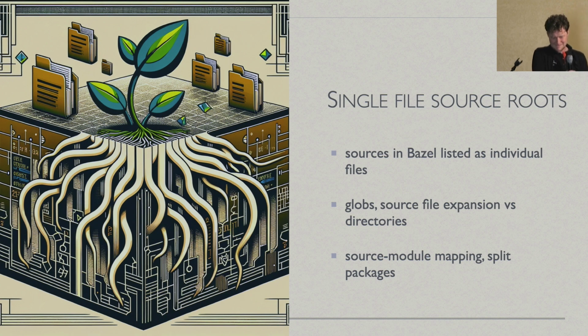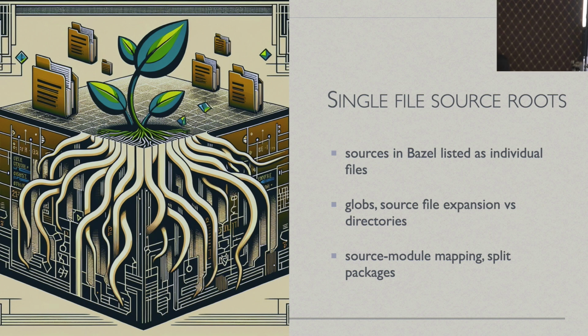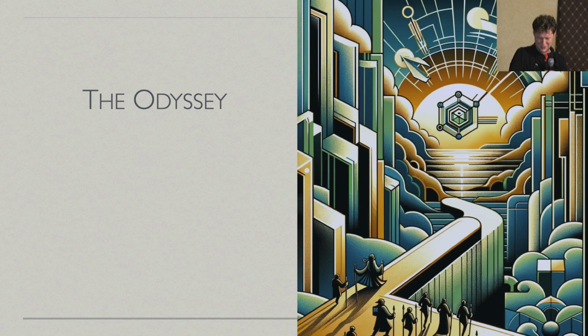So you sometimes have issues that, yeah, the mapping between sources and modules doesn't work correctly, and packages, so Java packages can be split between multiple Bazel targets, whereas in IntelliJ we assume, at least historically, a one-to-one mapping. So we went on an odyssey